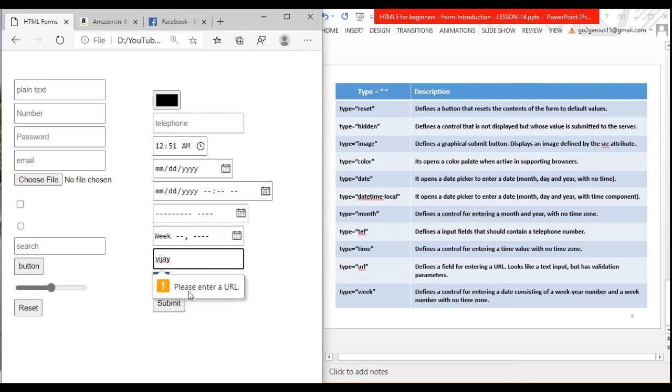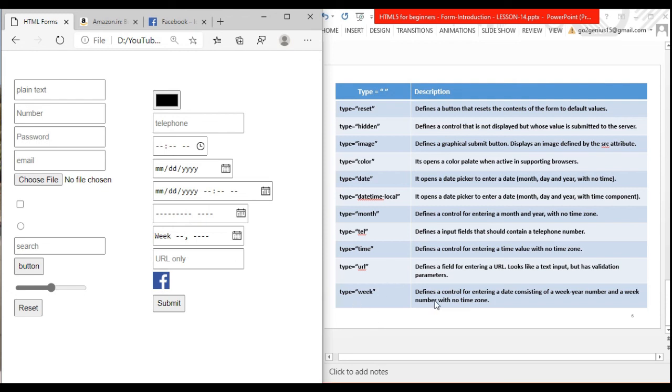It will show me a validation message, please enter a URL. So for the URL, you have to give the full URL of the website like https and google.com, something like this. So it has been submitted.